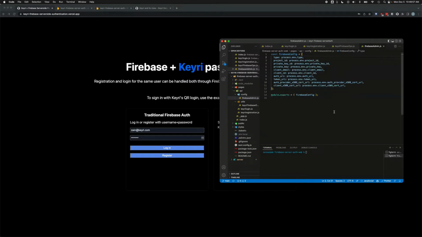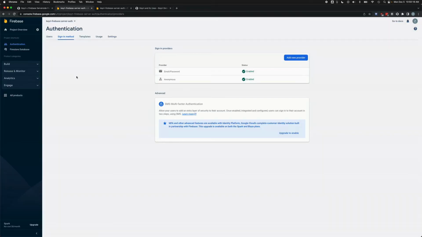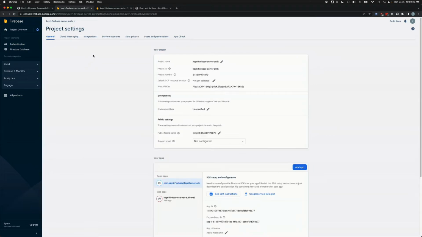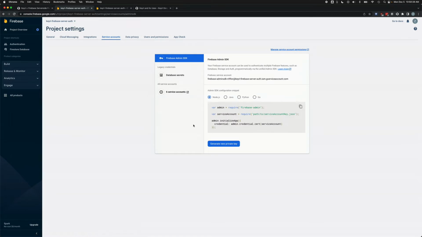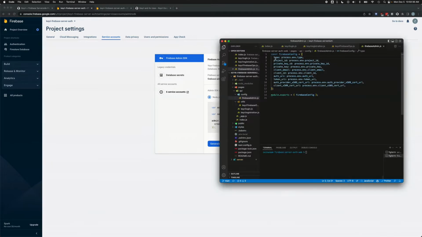Now, when talking about Firebase, there's Firebase client and Firebase admin. So admin is effectively what runs on server side, and client is obviously what runs on web and mobile apps. And there are two different sets of credentials. In case you're unclear on how to get Firebase admin credentials, I'll just show you really quickly here. Go to your project overview, into settings, into project settings, go to service accounts. And here, if you click generate new private key, it'll give you a JSON that contains basically all of these